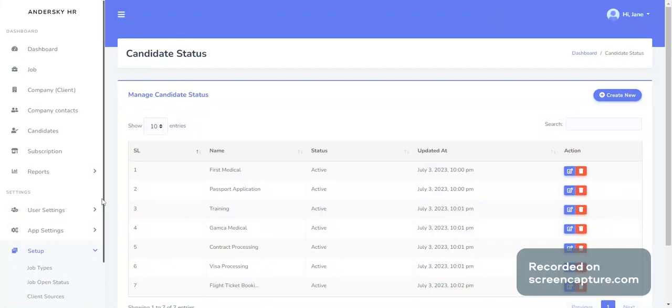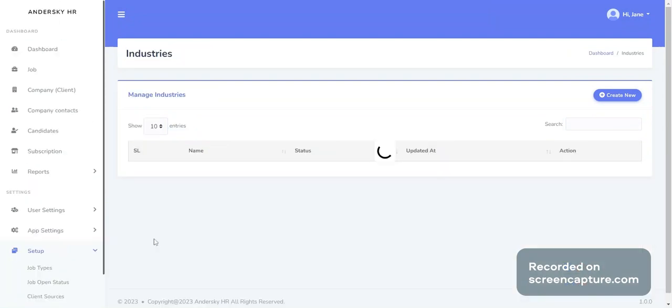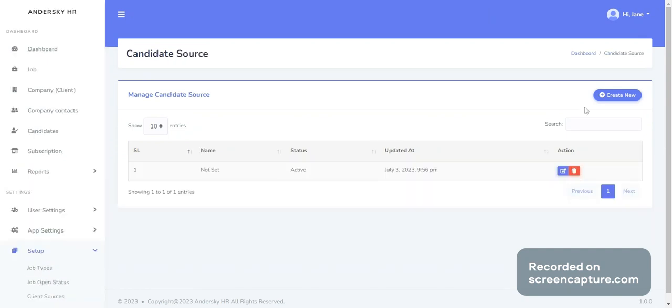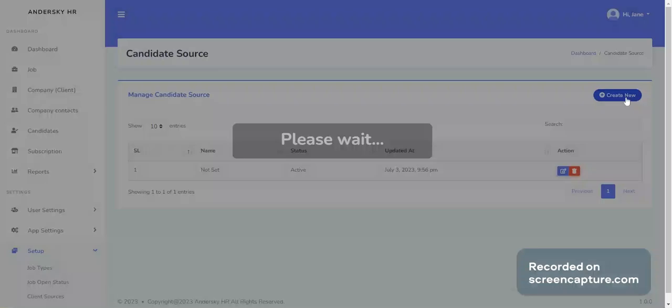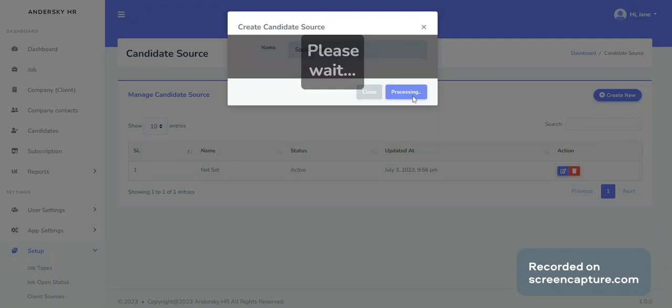Let's go to the next setup, which is the candidate source. Sorry for that. Candidate source. This is where the source is, where you get your candidates from. Sorry, it's loading. There are so many places where you can get your candidates from. You can get them from social media, walk-ins,